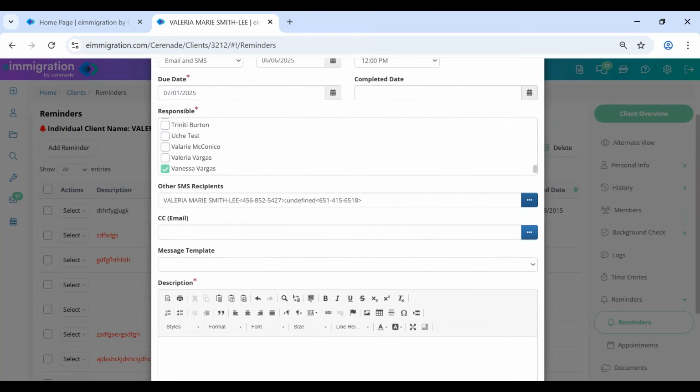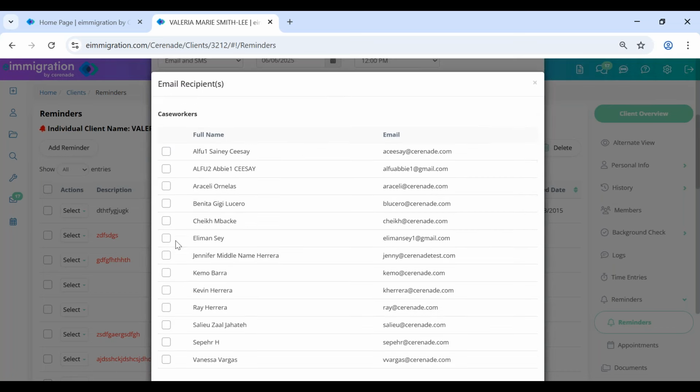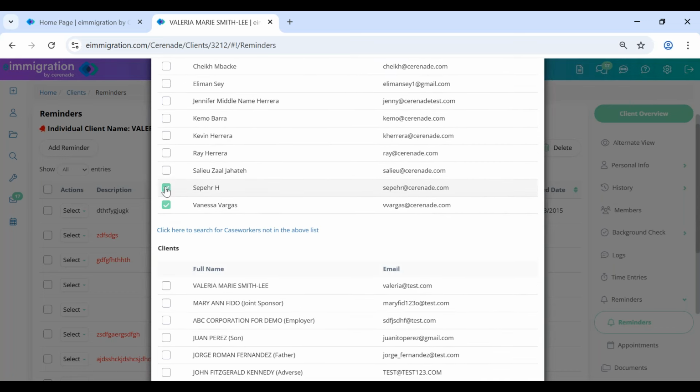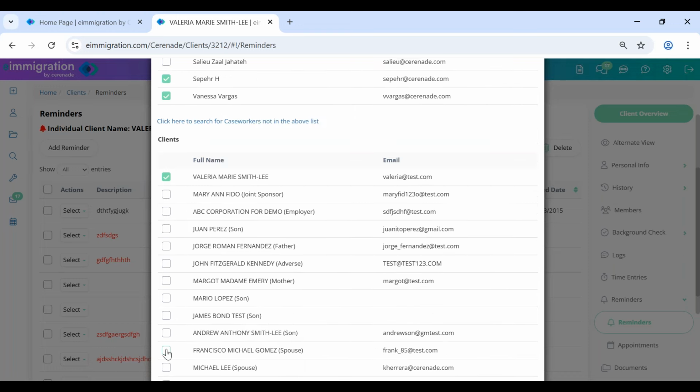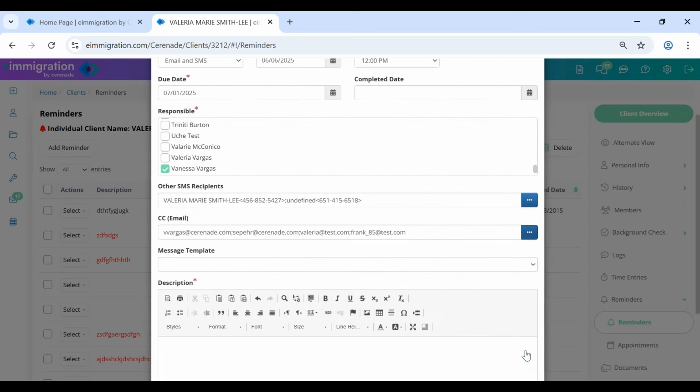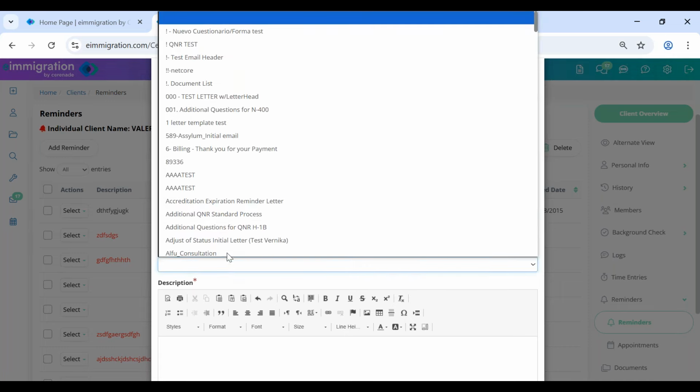As long as they have a cell phone, then it works, and send them an email as well. So it's me and my assistant and my client and her husband. So they get an email as well. Now, I don't want to type the message. Dear client, here's a reminder for the court hearing. You guys can create your templates. So email templates, cover letters,